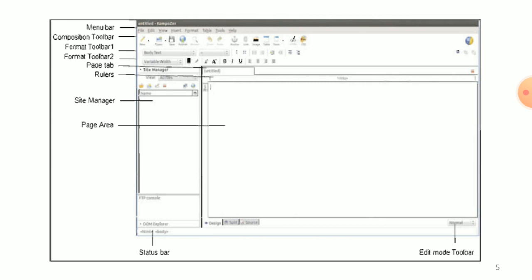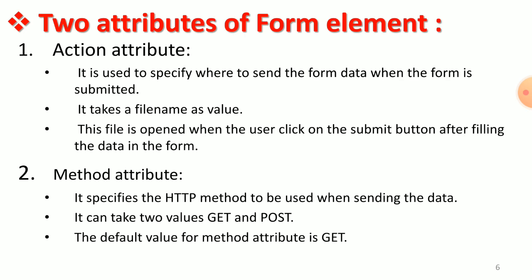And next topic, two attributes of the form element. First is the action attribute and second is the method attribute. First, the action attribute.